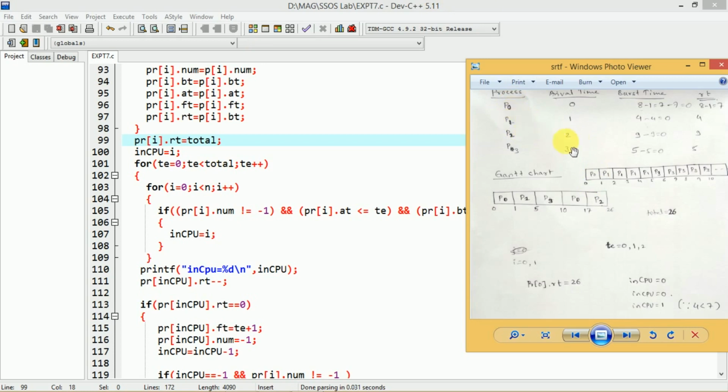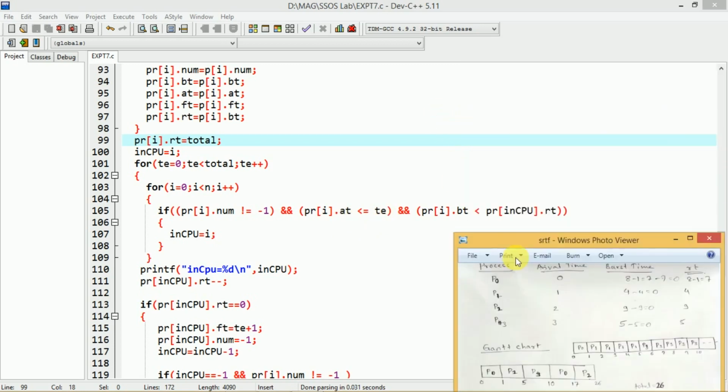So at each time stamp, we have to compare the arrival time of that process. Means here, if at a time stamp 2, how many processes are there? 3 processes are there. How is it known to you? You have to compare the arrival time. You have to check whether the arrival time is less than or equal to the time T. T is 2 here. So for all the 3 cases, the arrival time is less than or equal to T. That's why you have to consider only these 3 processes.